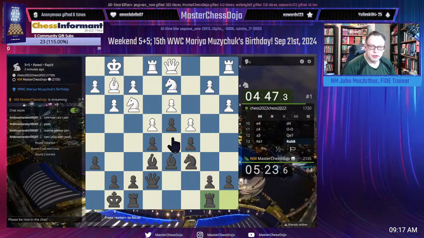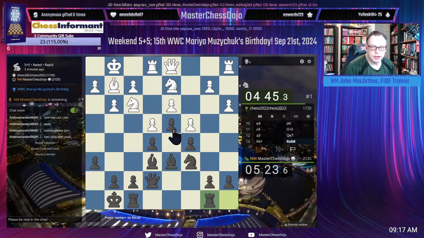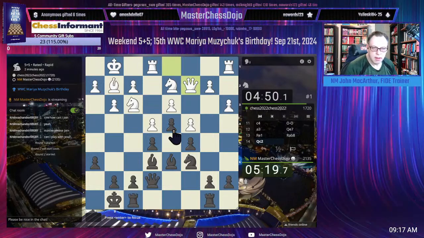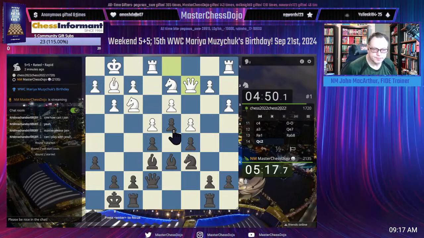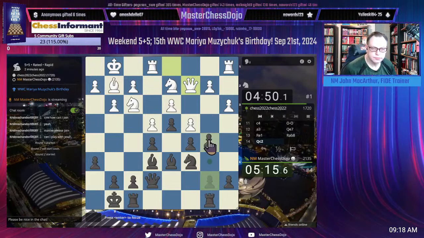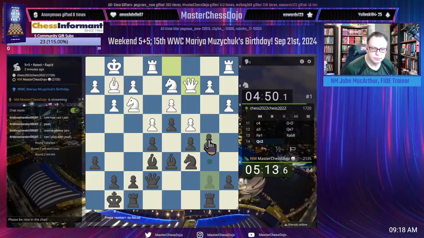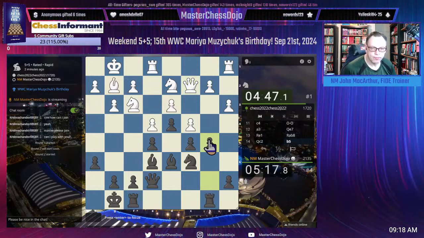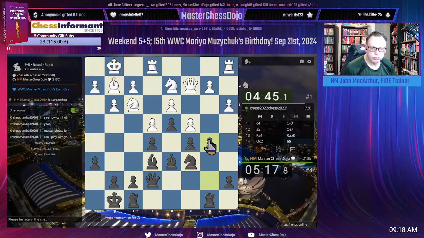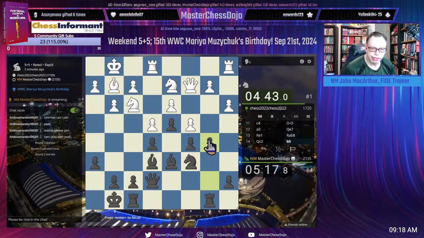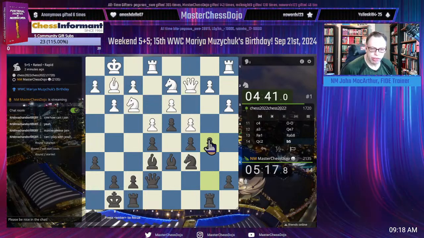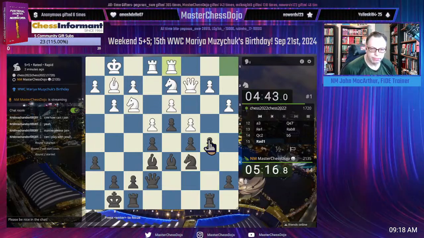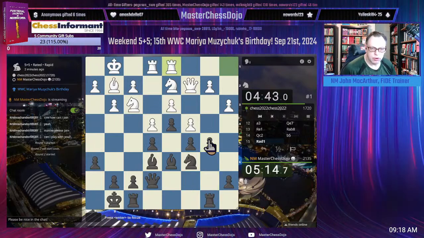The tricky part about this particular pawn structure is that we are allowed to play on either side of the board. Whoa there.